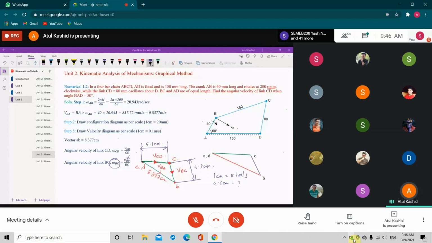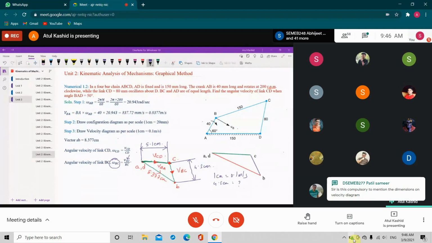Also, when we are going to start with the acceleration, remember in the acceleration, we have 2 components. One is the tangential component and the other one is the centripetal component, right? So now here for velocity diagram, for one link, we are drawing one velocity vector. But in the acceleration diagram, for one link, you have to draw the centripetal as well as the tangential component, right? So the 2 vectors will be there for a single link. So that is again going to increase your complexity.